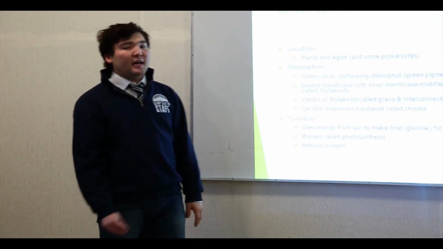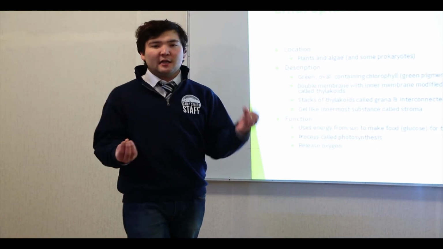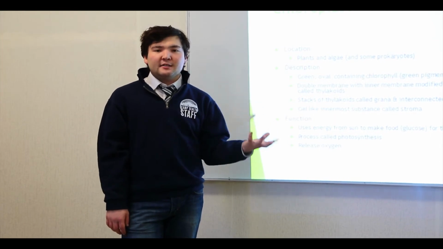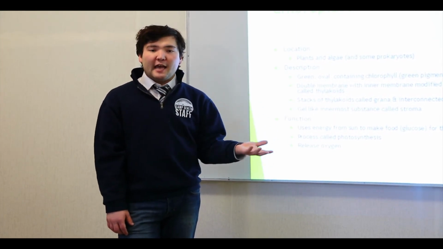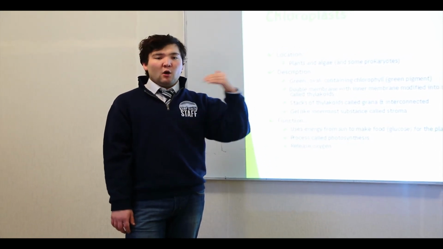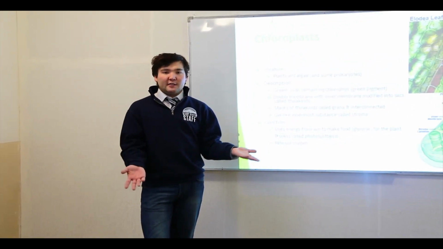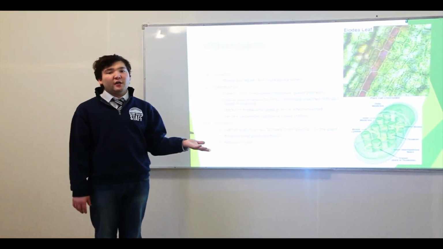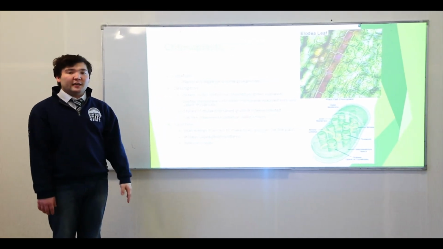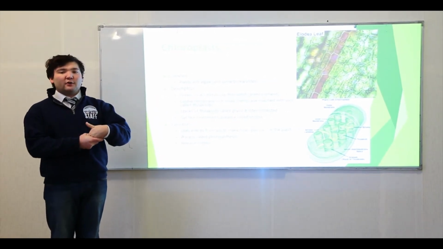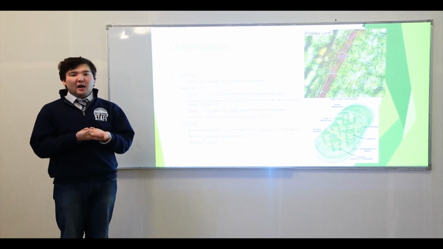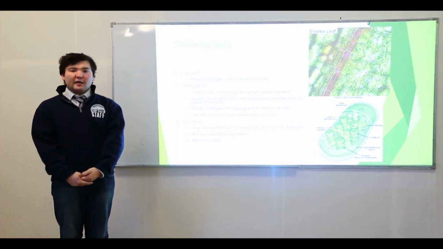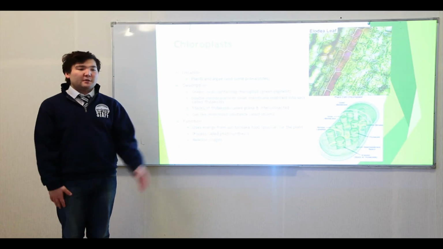Also, I forgot to mention that both chloroplasts and mitochondria contain circular double-stranded DNA, and because of this many scientists believe that mitochondria and chloroplasts are actually symbiotic organisms within our cells. So what does it mean? It means that in very ancient times, chloroplasts and mitochondria were bacteria, because they have this circular DNA, and they entered the cells of eukaryotic organisms and became our symbionts. So both the bacteria and the eukaryotic organism benefit from this relationship.